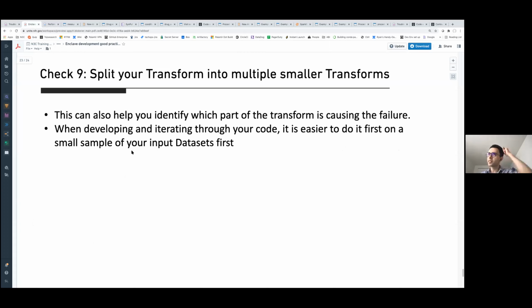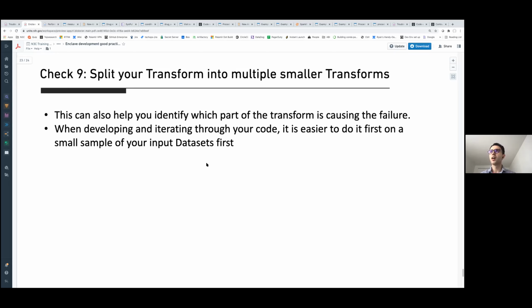Something that also helps is when you're starting to develop in Code Workbook, it's generally a good practice to start with input datasets, which are just a sample of the domain table. So for the measurement table, you can get a sample of maybe a few million rows, and then run your analysis on that sample. And when you ensure that your code runs smoothly, that you don't have any syntax errors, that your analysis is sound, then you can run on the bigger, larger data set.